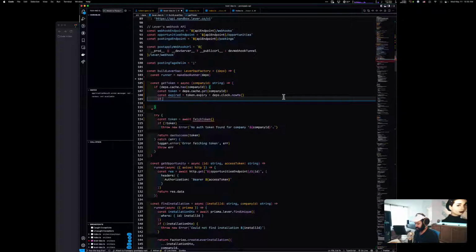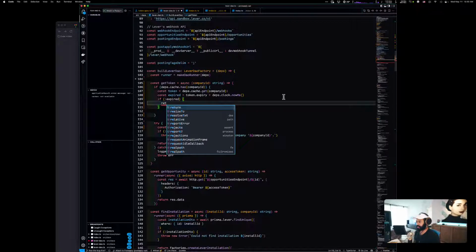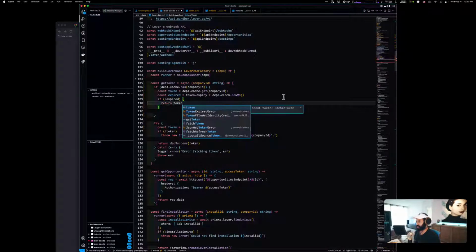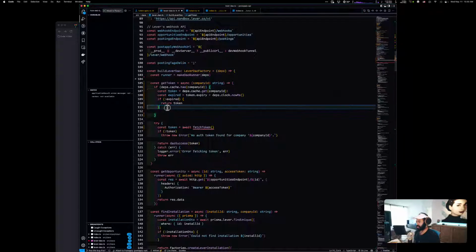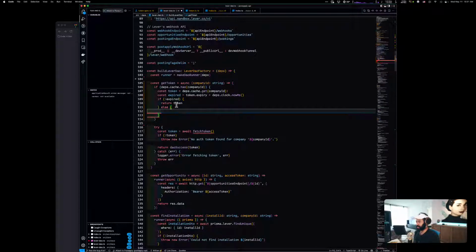Alright, so we'll check to see if it's expired. If it is expired, then I want to do some other stuff. So what I'll instead do is negate this. And I'll say if it's not expired, then just simply return the token. Now, if it is expired, then I will need to refresh that token. So I'll just do an else and say